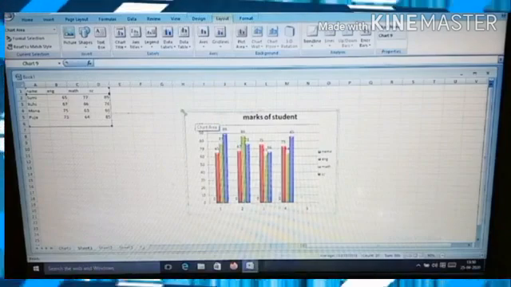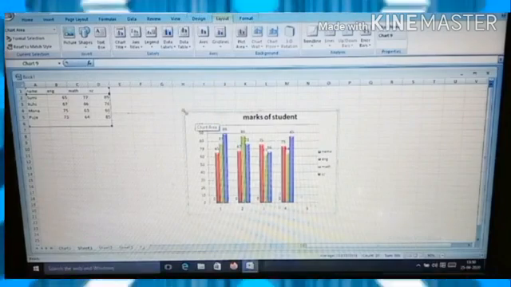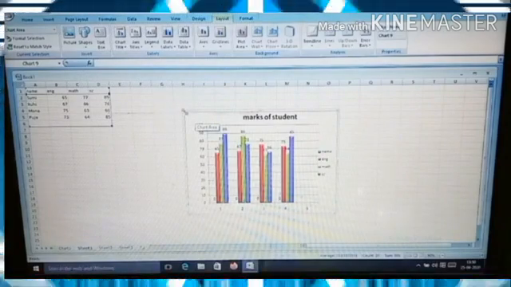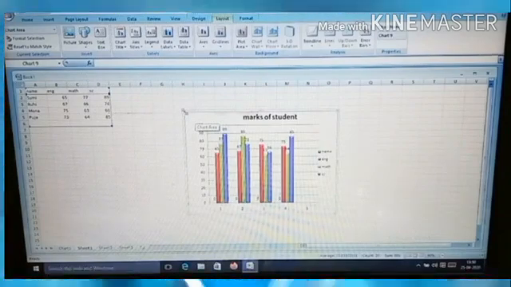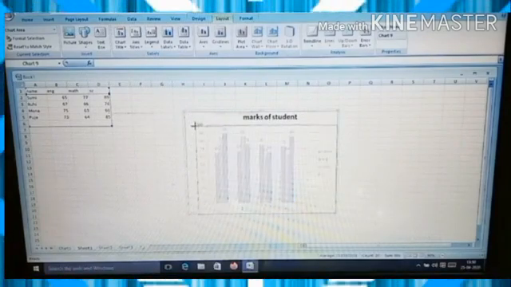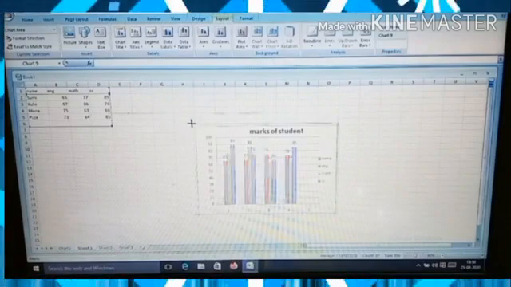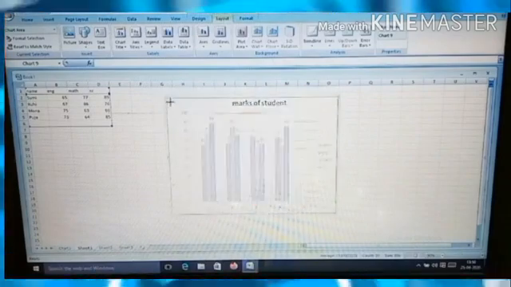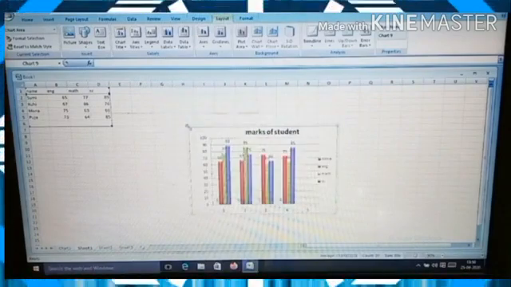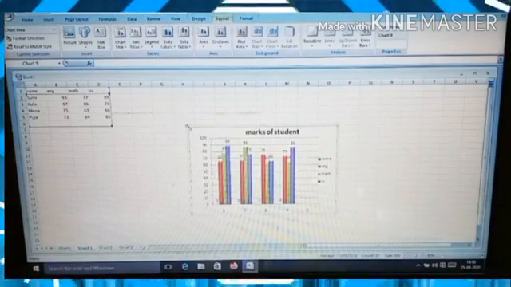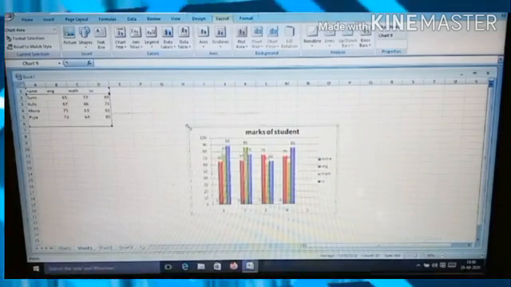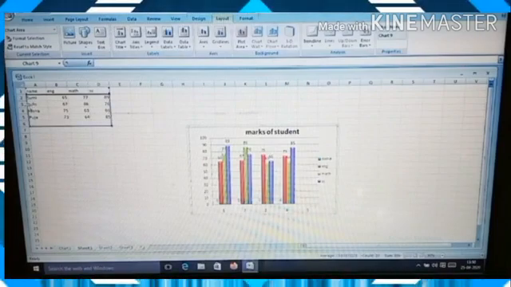Resize means you can make it small or make it big. Resize means you drag the corner to resize the chart proportionally. You can look on the screen. You can drag the corner handle diagonally to resize the chart.